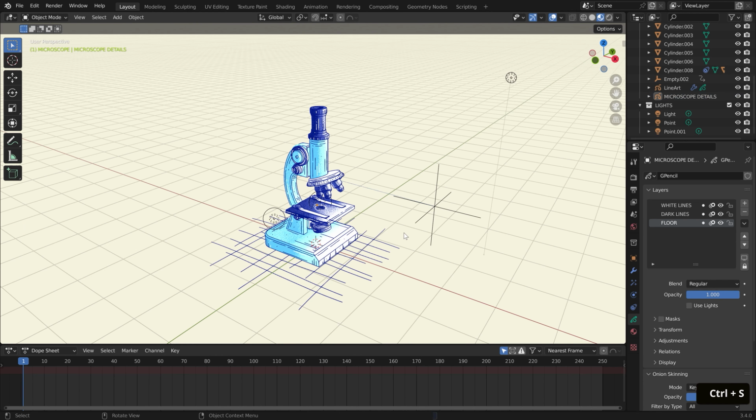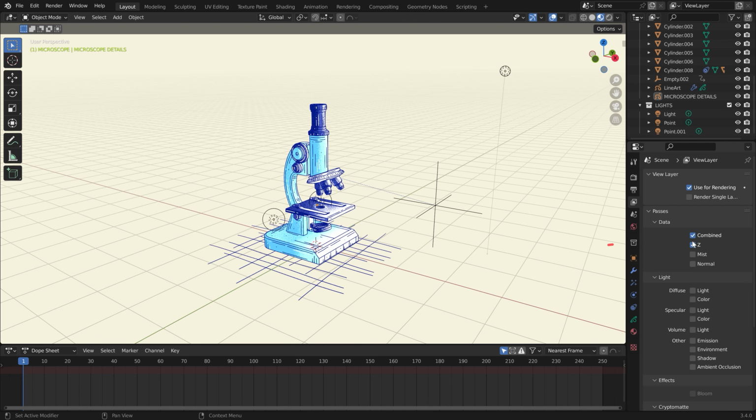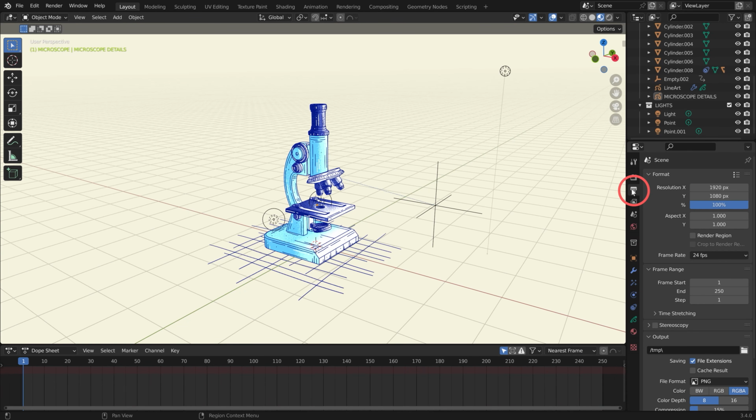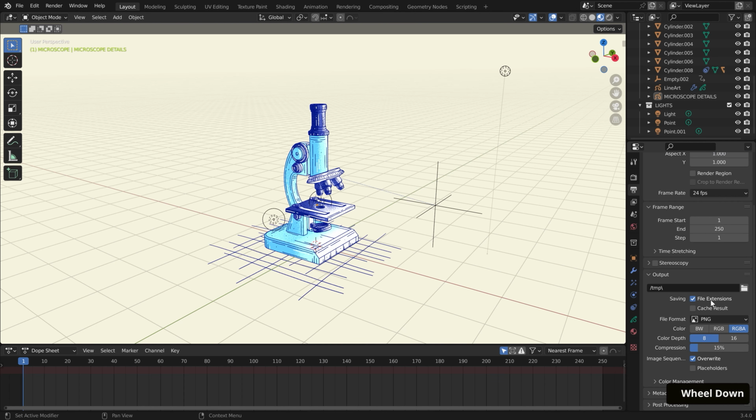Now, the last thing we'll need to do is to go to the View Layer Properties tab and under Data, make sure Z is checked. This is so that Grease Pencil will respect meshes when rendering. To render this out, go to the Output Properties tab, which is this printer icon. Specify an output location, and for file format, it's generally recommended to render a sequence of images,